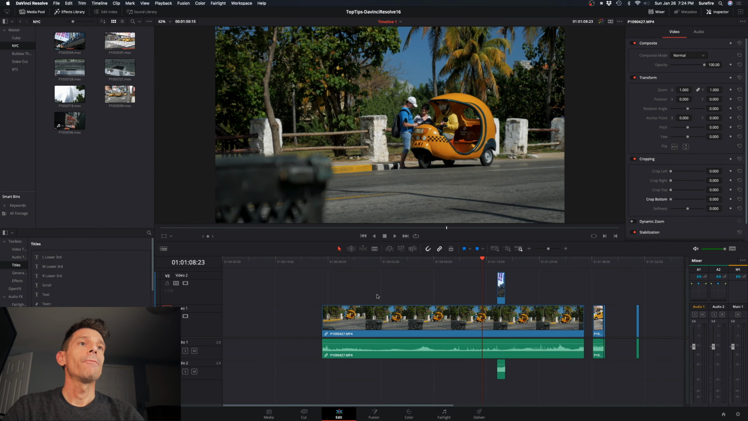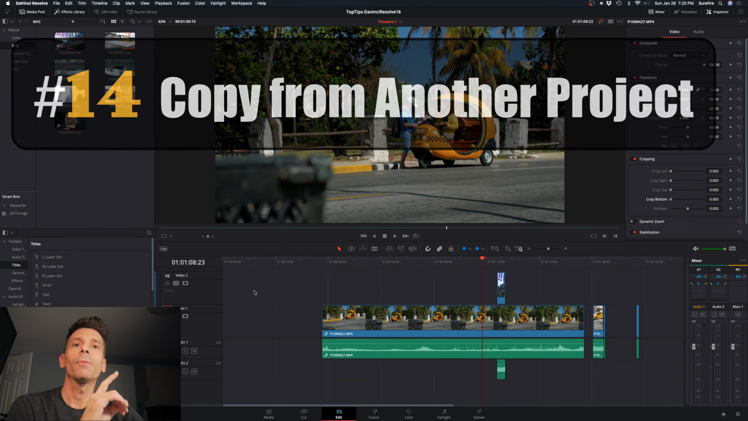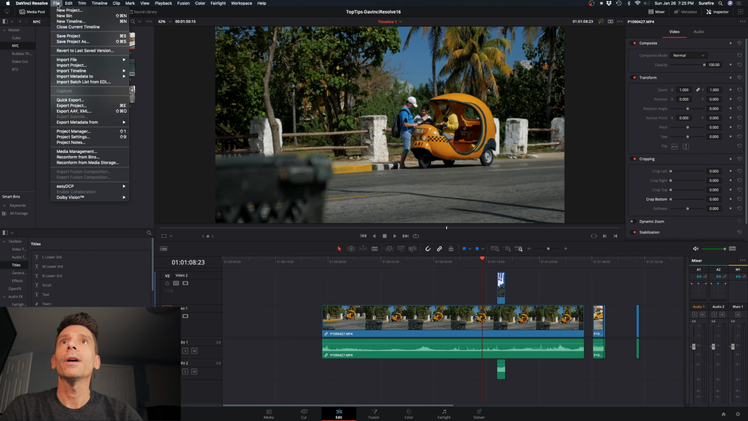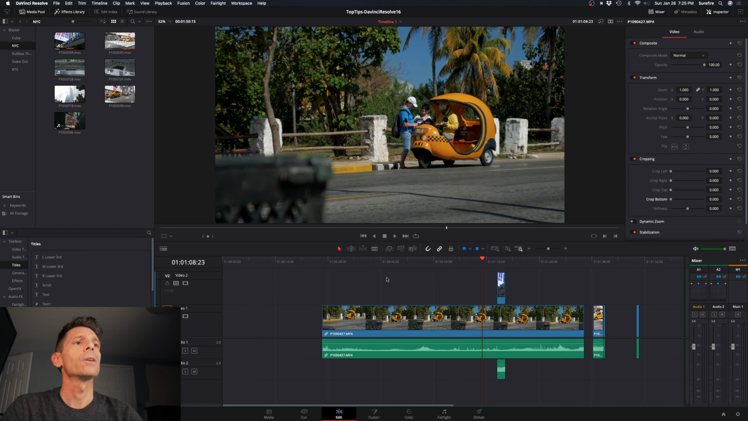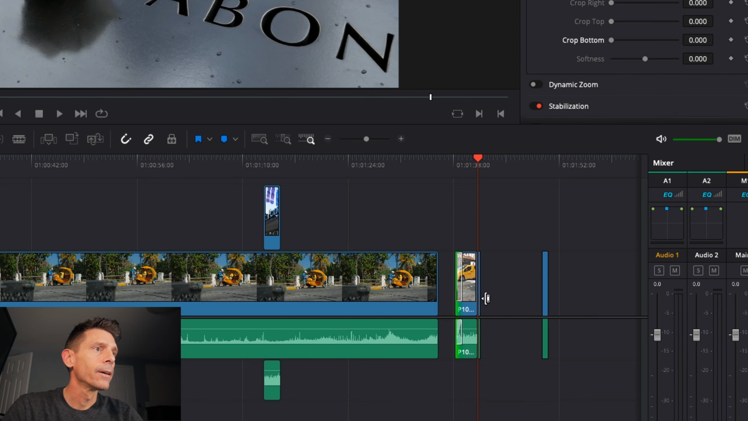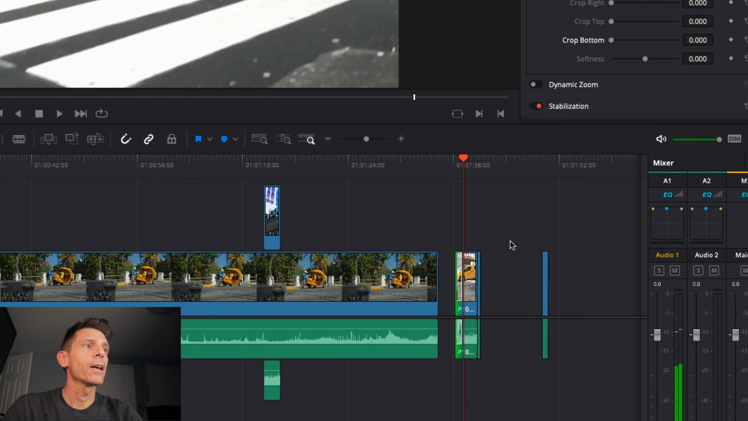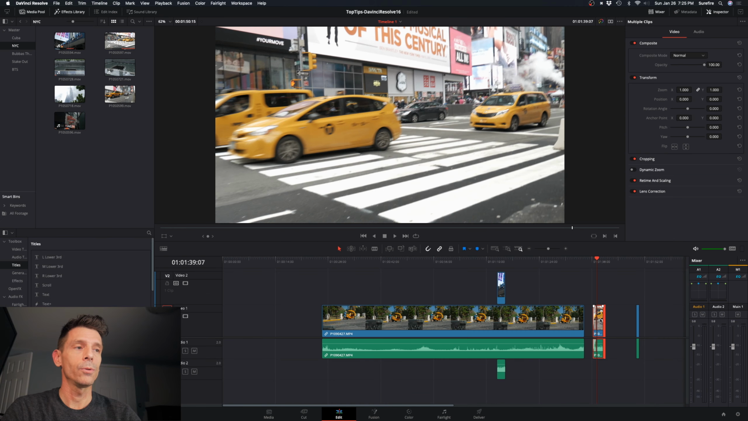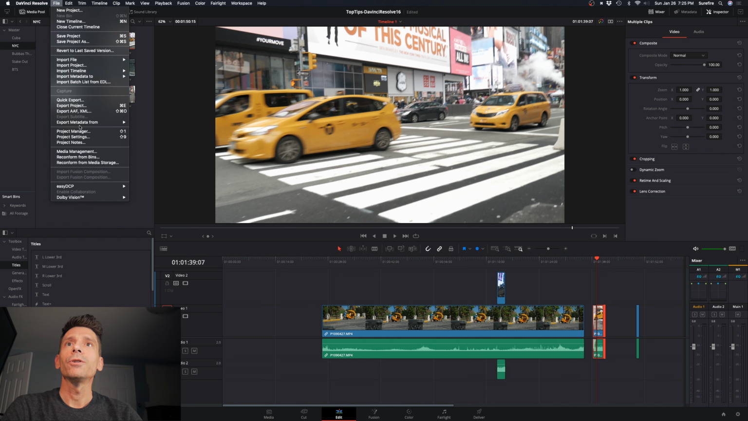Okay, number 14, you can actually copy from one project to another project. So this might save you time. Let's just demonstrate that real quick. Go to Project Manager. Actually, before we do that, say we're going to copy from this project to another project. So we've got cabs in here. Let me just add a crossfade at the beginning of that, just so I'll show you that the crossfades and everything come over. So we'll copy that, Command C, and we go over to Project Manager,